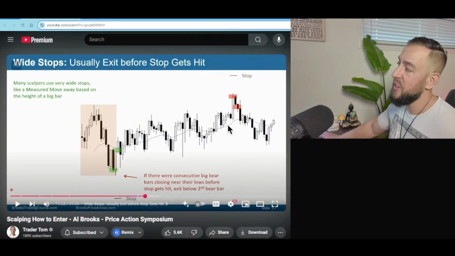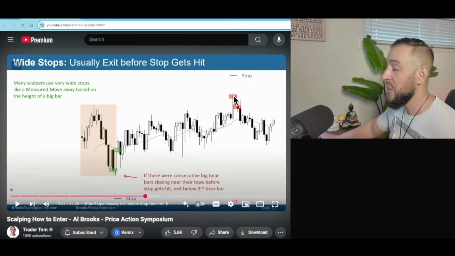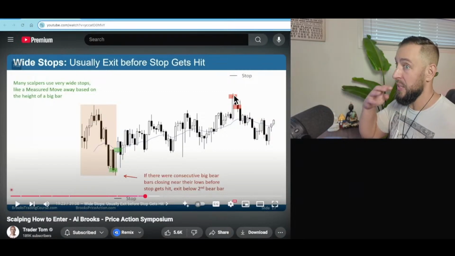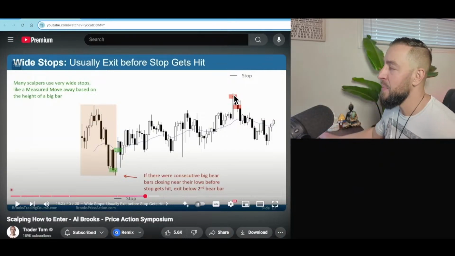Okay, I want to draw your attention to where he's showing his stop. Look, if you are entering up here, notice his stop is not here. A lot of traders would enter here and then put their stop here. This is most of the amateur traders that use these little teeny tiny baby stop losses, right? They can't handle any risk, or they're using too much leverage. So they have to keep their stops really small and it screws them up. And trust me, I've been there. I've made that mistake myself.